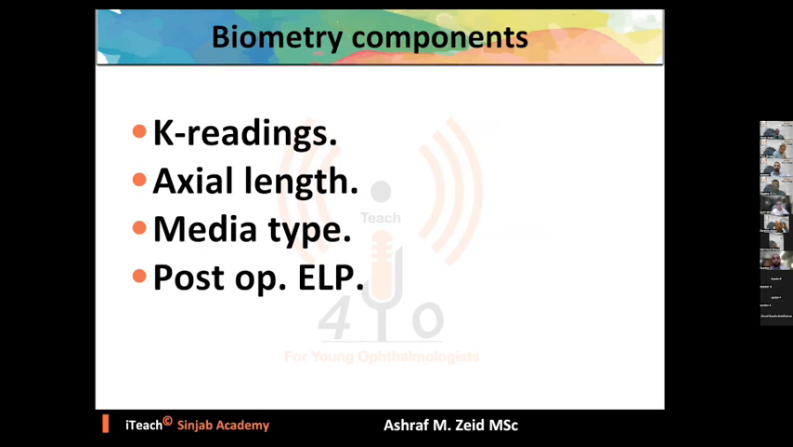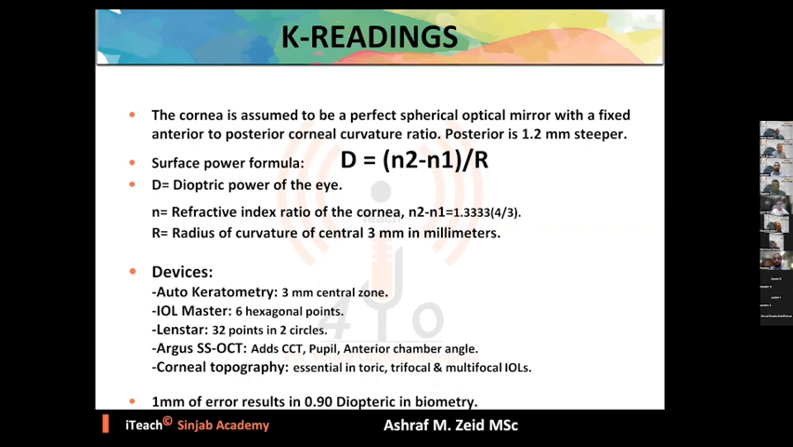So the biometric components are four main components: the K readings, the axial length, the media type, and the postoperative effective lens position. Regarding the K readings, the cornea is assumed to be a perfect spherical mirror with a fixed anterior to posterior corneal curvature ratio, in which the posterior is 1.2 millimeters steeper. The surface power formula is D equals N2 minus N1 divided by R, in which D is the dioptric power of the eye, N is the refractive index ratio, and R is the radius of curvature of the central 3 millimeter